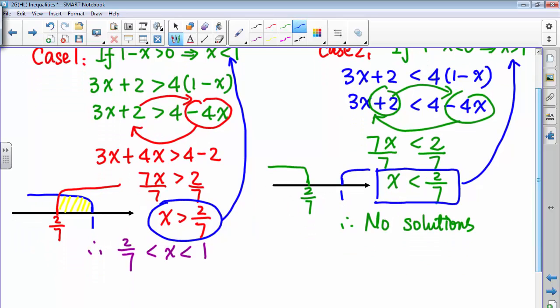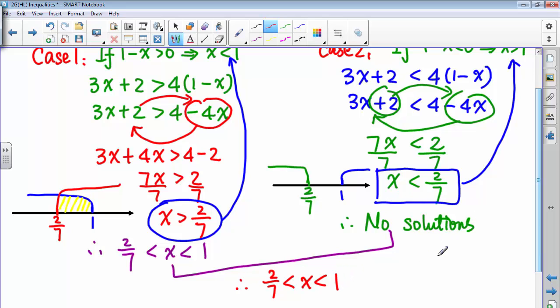And the final conclusion will be that I combine both of these two solutions together. So x should be between 2/7 and 1, or no solutions. But for no solutions, you don't need to repeat those words anymore. Let's just keep this one as the final solution. Okay,